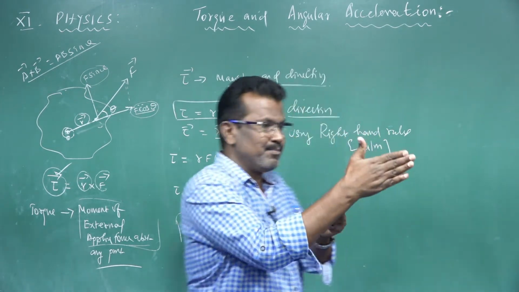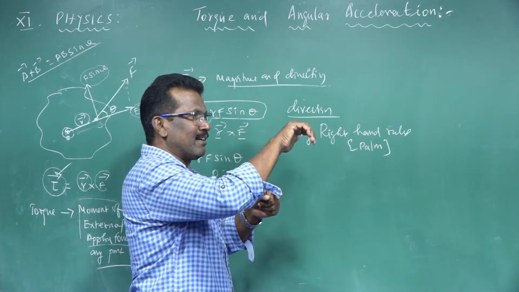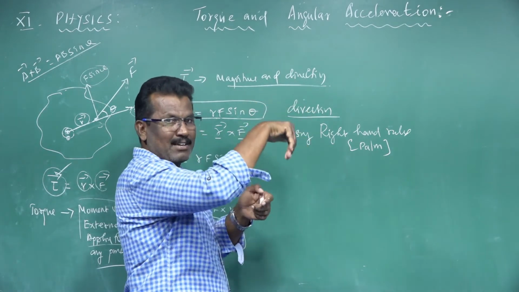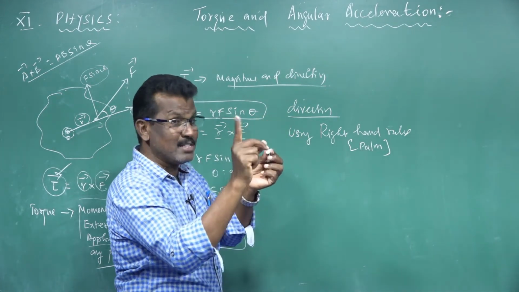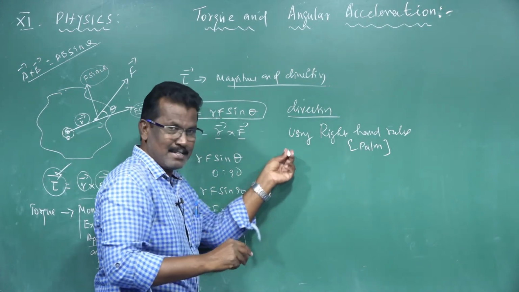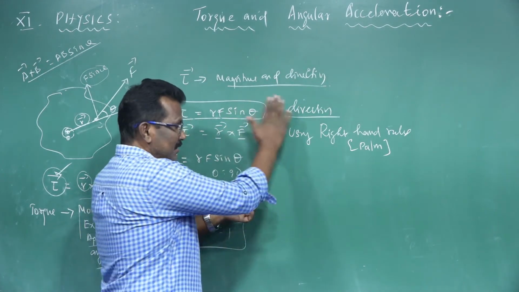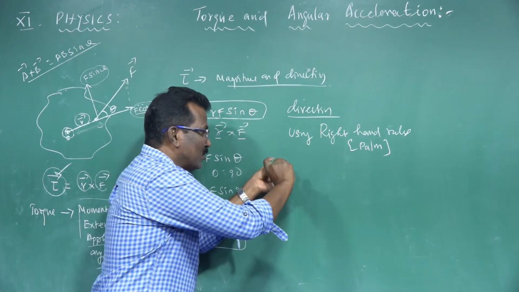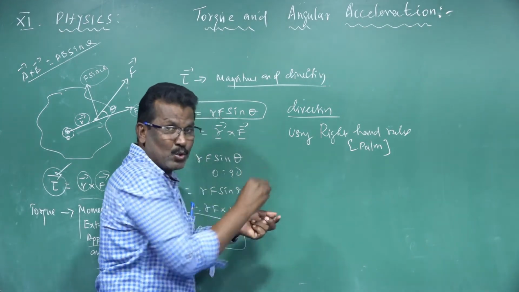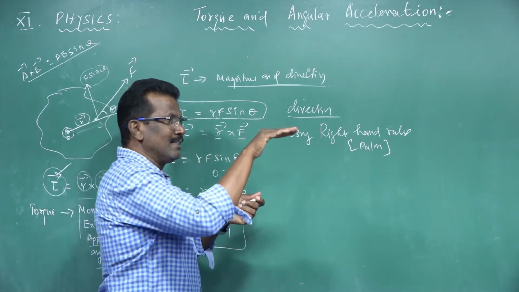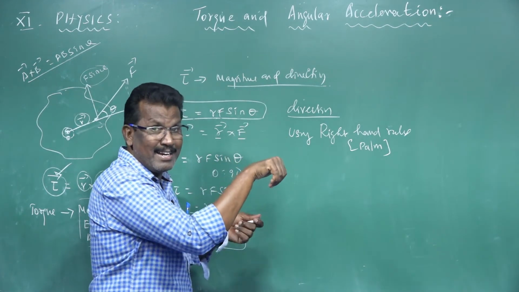If the fingers rotate in a clockwise or anti-clockwise direction. Now this is clockwise: the fingers rotate clockwise. If the fingers rotate in a clockwise direction, the torque moves inward. Suppose this is a paper or the wall. If the screw rotates in a clockwise direction, the tip of the screw moves inward. So curling the fingers clockwise, the torque is inward.